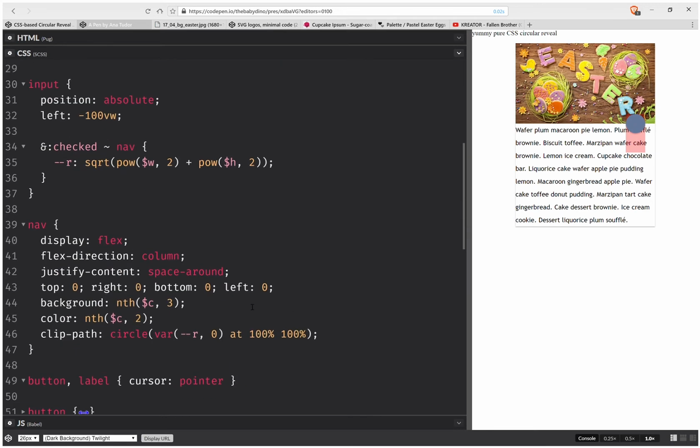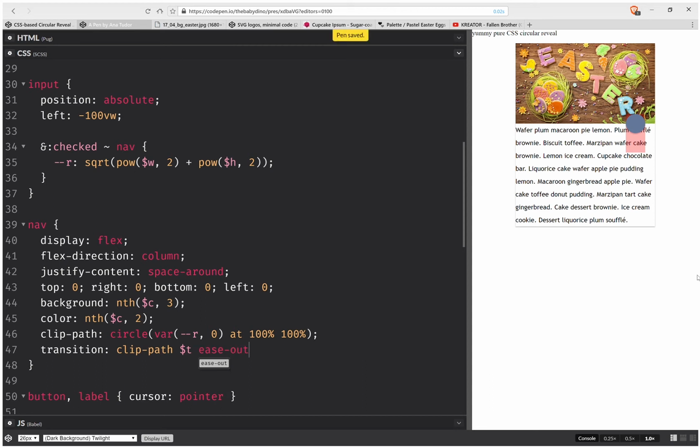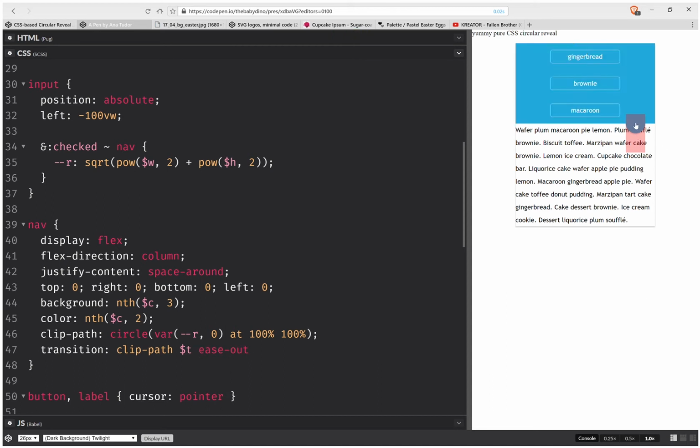And if I set a transition here, clip path, that transition duration. Okay, this works, and it works perfectly. Okay, good. Now the next thing that I need to do